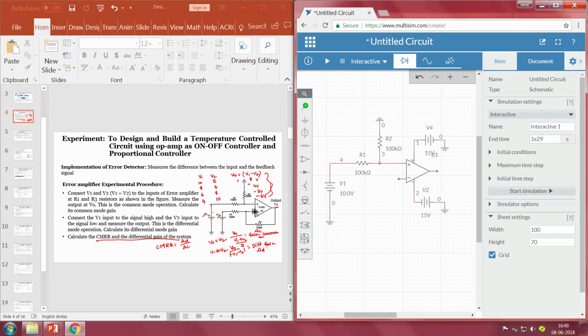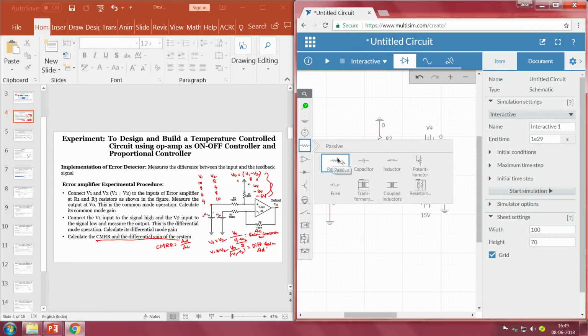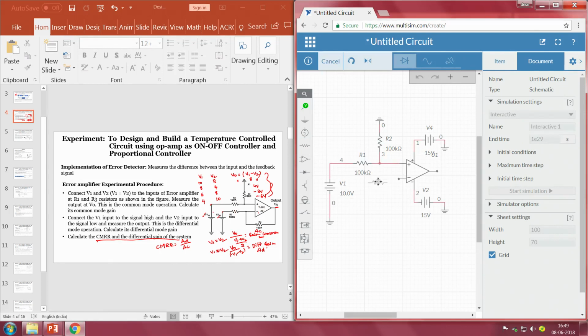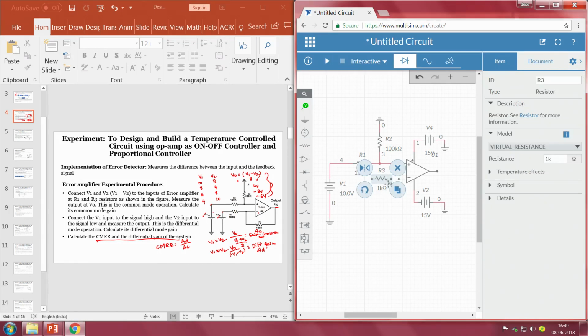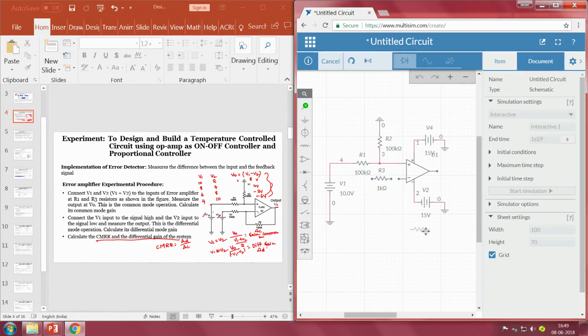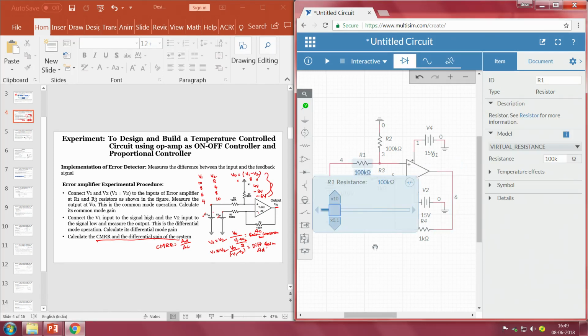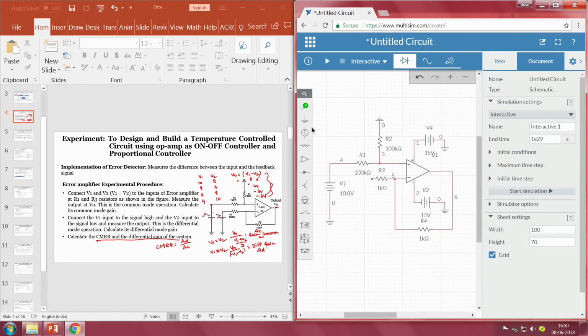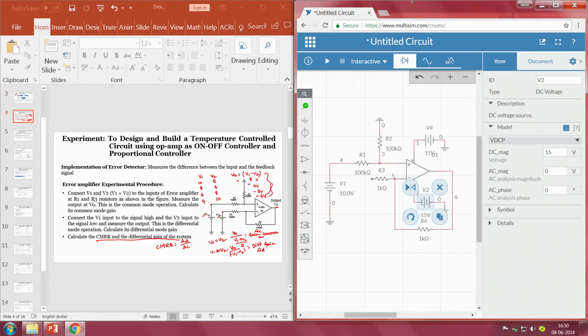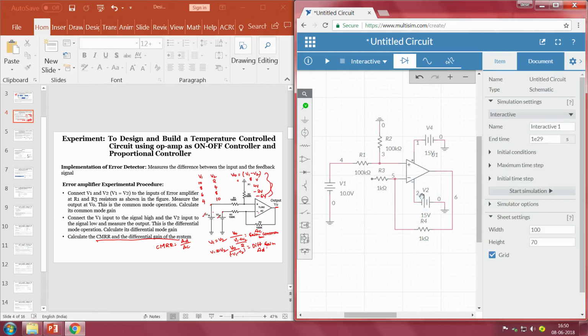What is the other part? The negative feedback and the resistance at the negative terminal. So, I will take the R3 resistor. This is R3 that we are considering, and one more resistor that I have to take, which is R4, which should be connected as negative feedback. I am connecting one here, one more to this junction, and the other terminal to the output voltage. At this point I have to connect another voltage source. Just a nomenclature, I will slightly change the naming here.